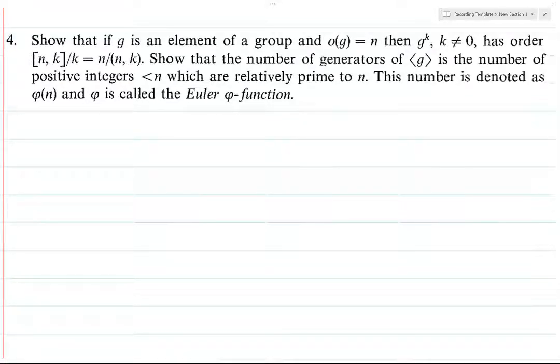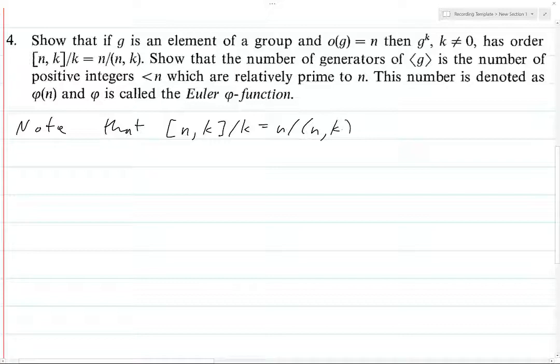All right, let's talk about the Euler phi function. So, first of all, this equality here, I'll just write it out. Note that the equality nk over k equals n over nk follows from the fact that